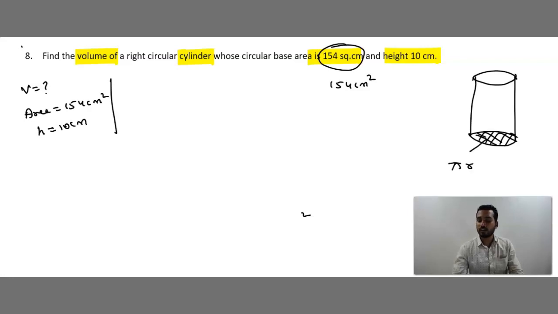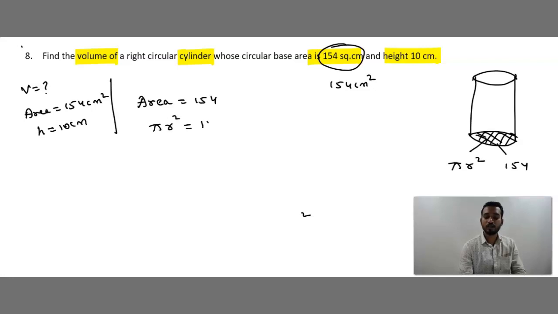That's nothing but the area of a circle, that is pi r square. It means which area is given? This area only is given. What is this area? 154 square centimeter. So in the beginning, we can take this base area as 154. That's pi r square is equal to 154. It's in the shape of a circle, so what is the area of a circle? Pi r square. Understood? Now pi value is 22 by 7, radius we don't know,